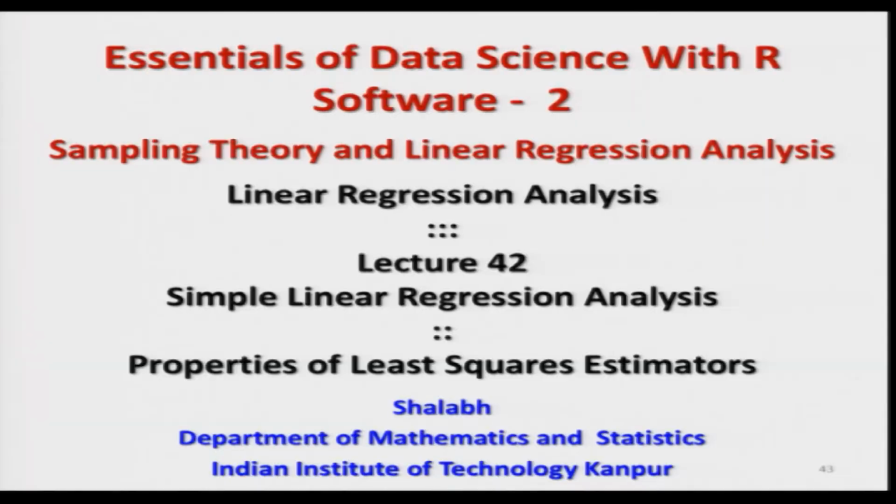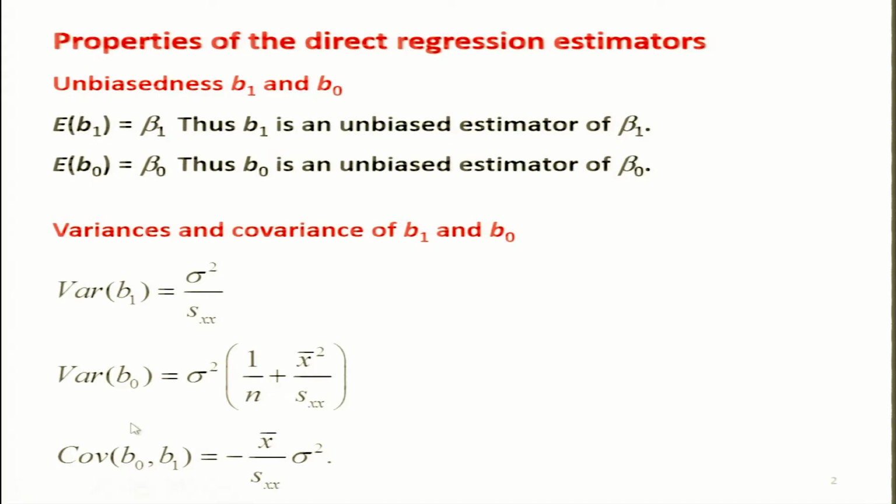So, for that we need to investigate the theoretical properties of b 0 and b 1. Okay, so, I will try to give you the details of the theoretical properties, and I will try to connect it with the data sciences. Okay, so, let us now begin with our lecture. First, I will give you the outcome, and then I will show you the proof, right. So, you have considered the model y is equal to beta 0 plus beta 1 x plus epsilon, right, and we have obtained this beta 0 and beta 1.